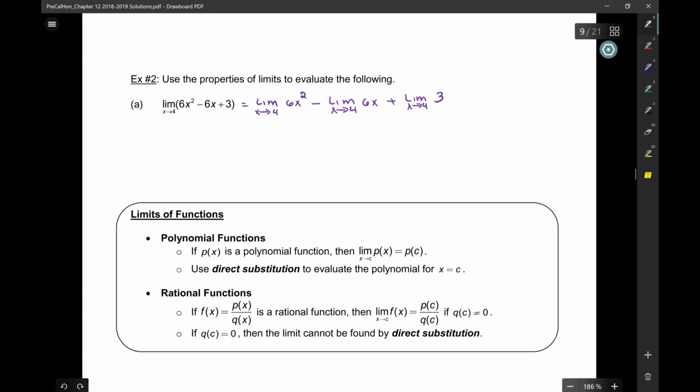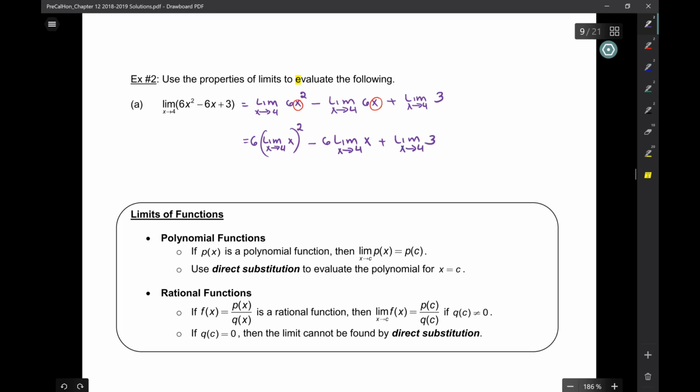Now, what I know is just x. So I'm going to take everything out and just leave the x with the limit. I'm going to pull the 6 out. So this is the limit as x approaches 4 of x, and the power rule says I can square it. Right? So 6x squared is 6 times the limit of x squared. That's the property that lets me do that. Minus, pull the 6 out, like this, plus,